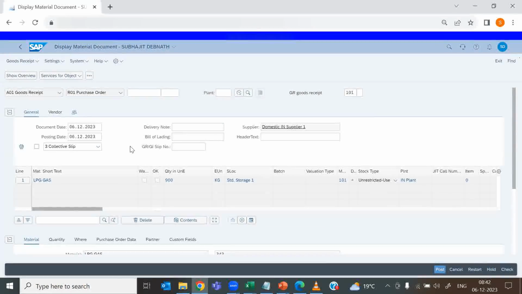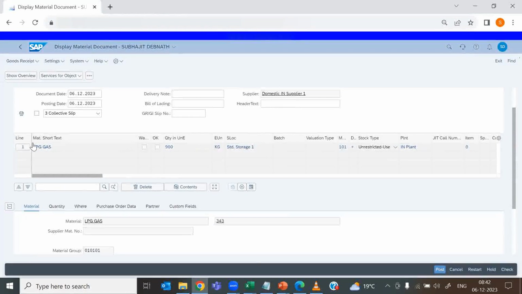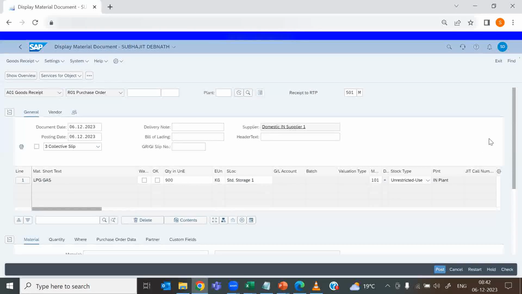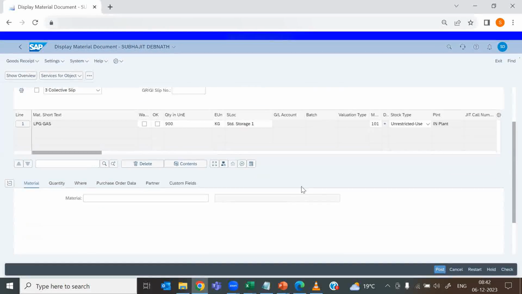Just put it here. But here we receive the LPG gas, and it is not possible without the container, that is the cylinder. So that's why we are using the transport equipment. This button is nothing but transport equipment. Here, if we click, the system asks about the container, that means the empty cylinder. We need to provide all the information of the empty cylinder, like material type, which is 263,